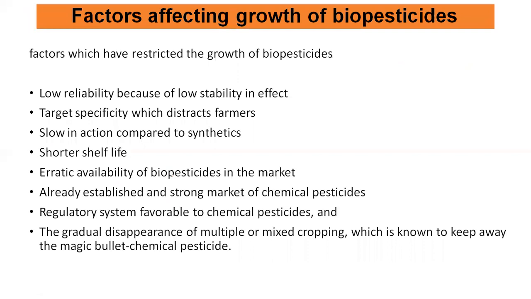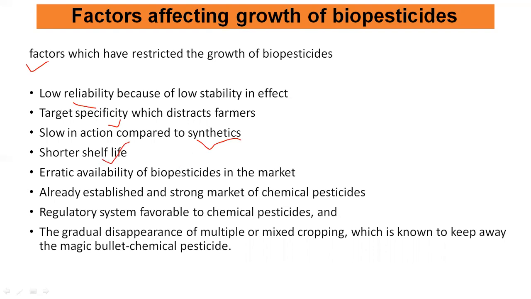Now let's see in detail which factors affect the growth of biopesticide. The factors which have restricted the growth of biopesticide are reliability, because of the low stability in the effect, and target specificity, which distracts the farmers, so the farmers do not use this pesticide. Also the result is very slow compared with synthetic chemical pesticide; it is not getting the earlier result, that means it is slow in action,